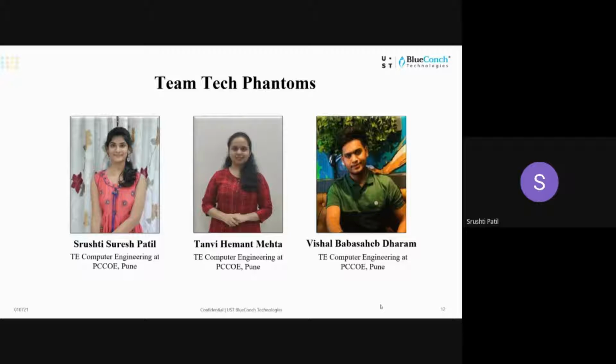Our team, Team Tech Phantoms, has opted for the self-chosen category and our problem statement is Intelligent Grain Monitoring System, that is IGMS. According to the Ministry of Consumer Affairs, almost 82,600 of total stored grains are damaged per year and about 18% of people don't get enough food for their survival. If we are able to save these wasted grains, then we can serve the people who face starvation. This motivated us to choose our problem statement IGMS.